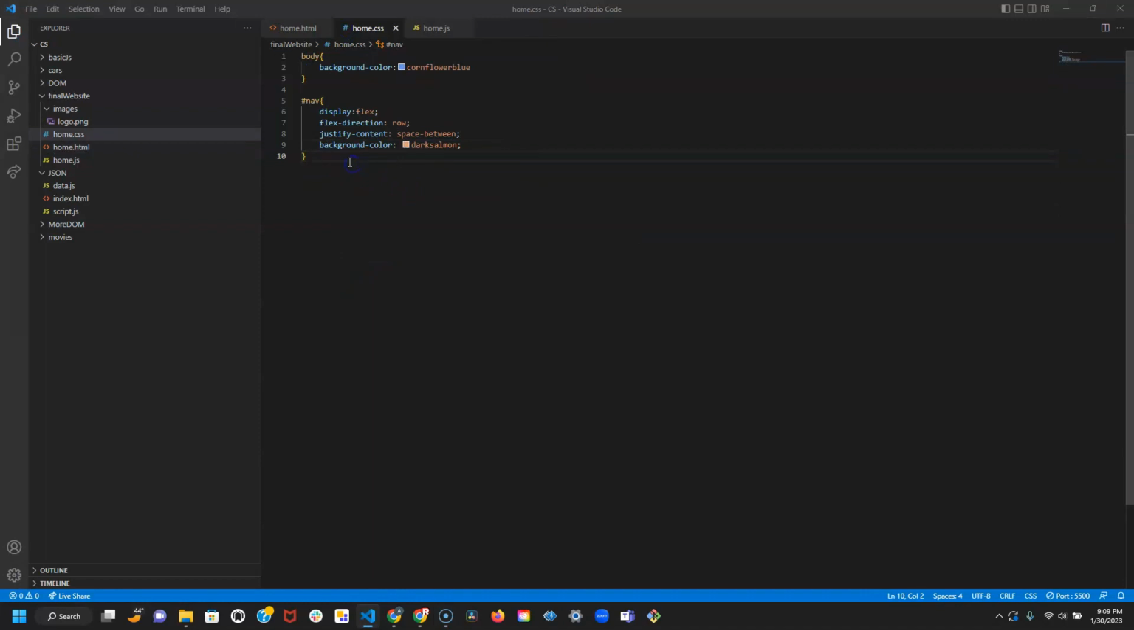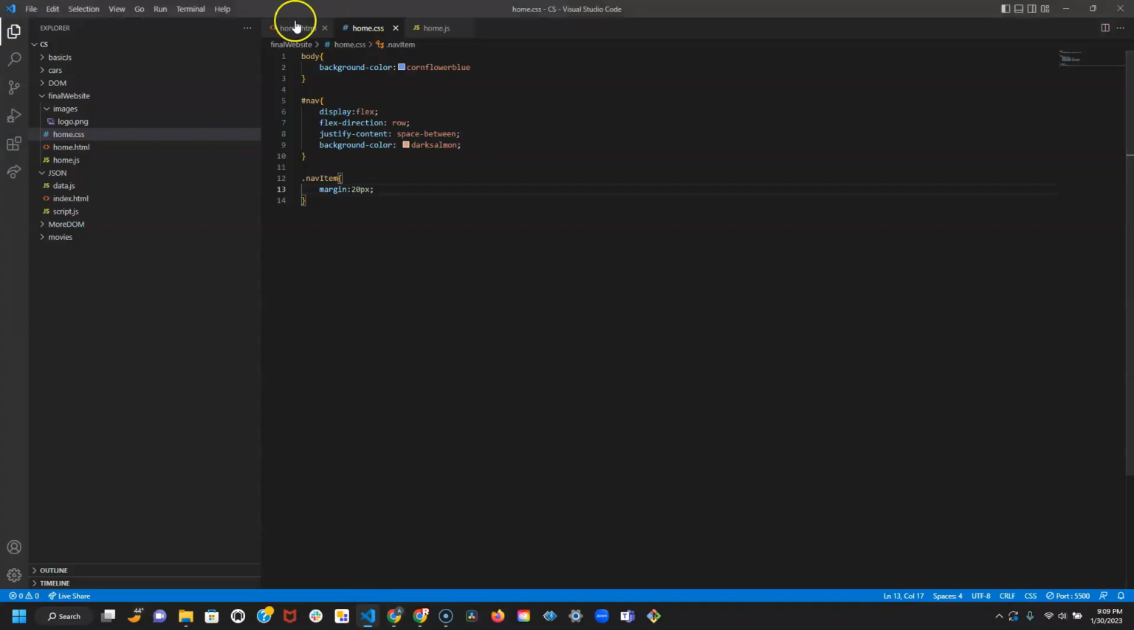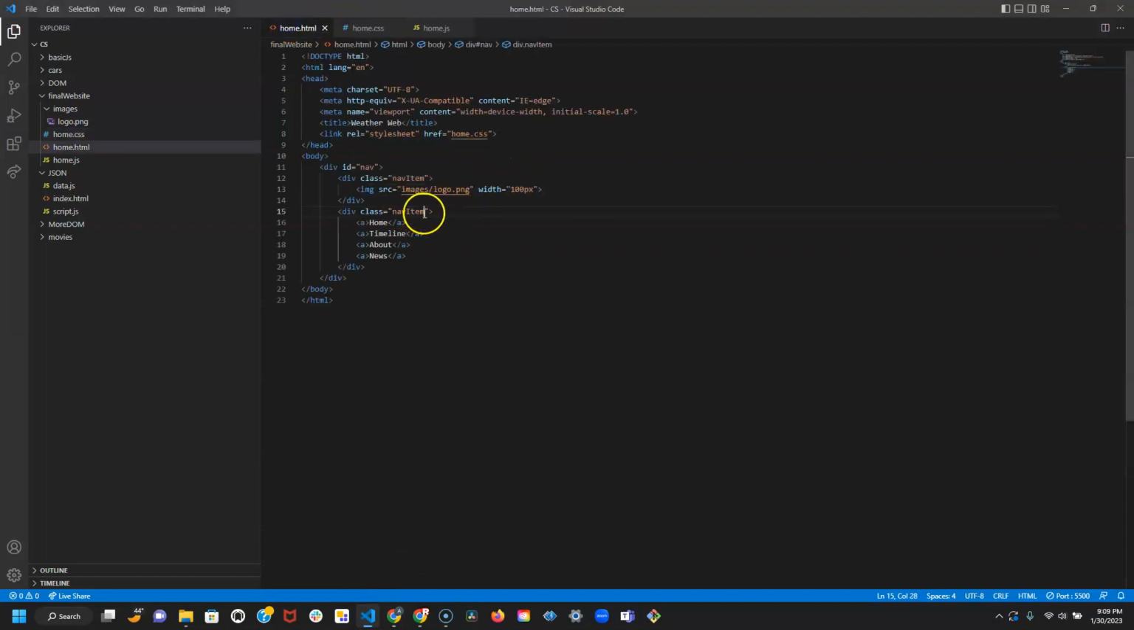To reference a class, I gotta use a period, so period nav item, and then I want there to be a little more space, so margin, let's say 20 pixels. Now there's space in between the orange and the logo, and also all this text. And with regards to that text, that also needs its own space. So we're gonna give this ID, and let's say text